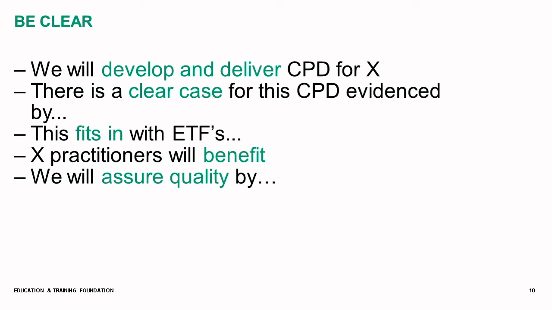So for example, if you're going to run a webinar, the people who attend the webinar will be direct participants of that webinar. If that person who attends the webinar then goes back to their workplace and runs a cascade session, that's an indirect participant that can be counted, or perhaps 10 or 20 indirect participants. And if you write a blog as background or to boost the webinar, then we'd include that as broadcast. So they're the three levels. You don't have to use that model, but it's a model that makes it very clear what reach your work is going to have.